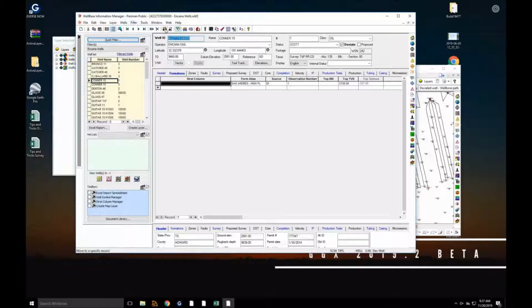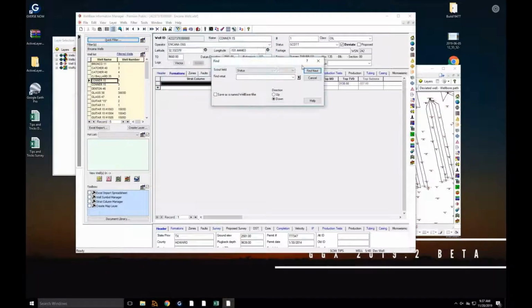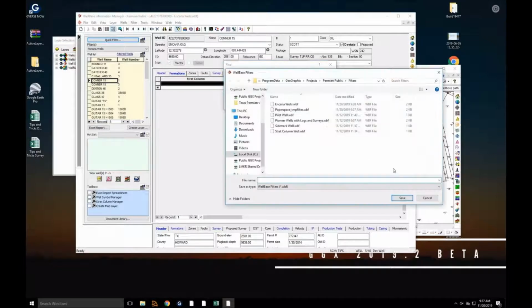If we go up here to the Find tool, I'll change this to well ID, paste that well ID in there, and I can save it as a named well-based filter. When I do that, I hit Find Next,